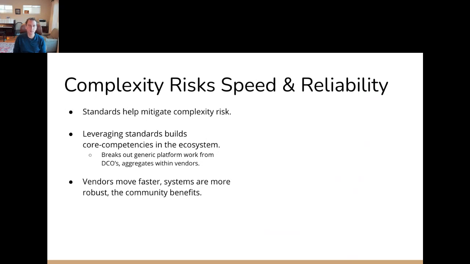And also, we want to be able to break out generic work from data center operators, right? We want to aggregate that work with the vendors, as I said, because in addition to making sure that things get more air miles, it also ensures that talent pools at these vendors are stable and robust. One of the things that we've encountered as a challenge can be that when we work with vendors, oftentimes they may or may not have the talent at the vendor that's necessary to carry out the development that we really are seeking for the vendor to do.